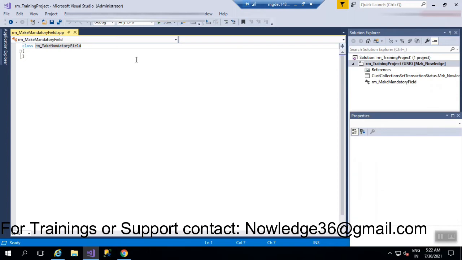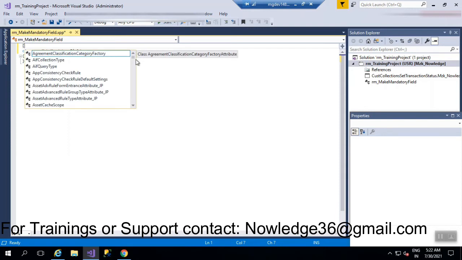So what you have to do exactly now here? We have to write a COC. So how do we write the COC? If you do not know how to write the COC, I think I have not explained this in an earlier session. If anyone is willing to take trainings, I can provide everything about COC, event handlers and everything. If you are interested, you can kindly mail me at knowledge36@gmail.com.